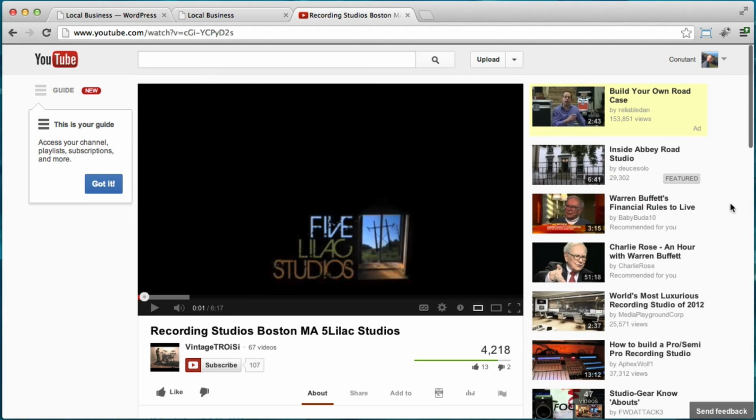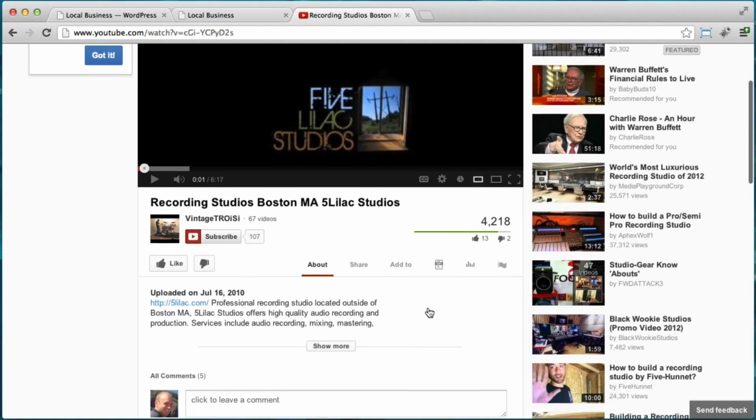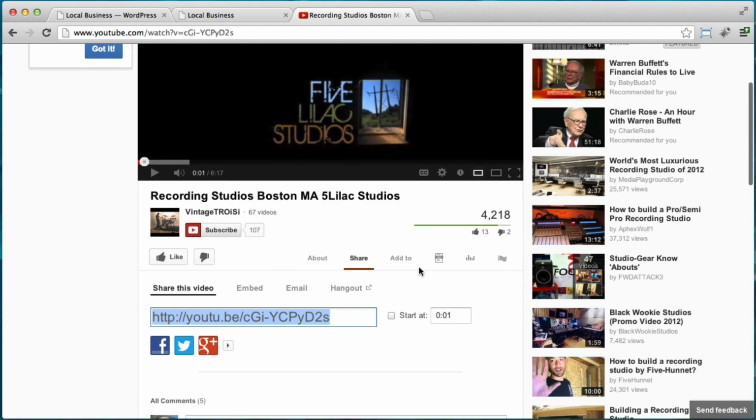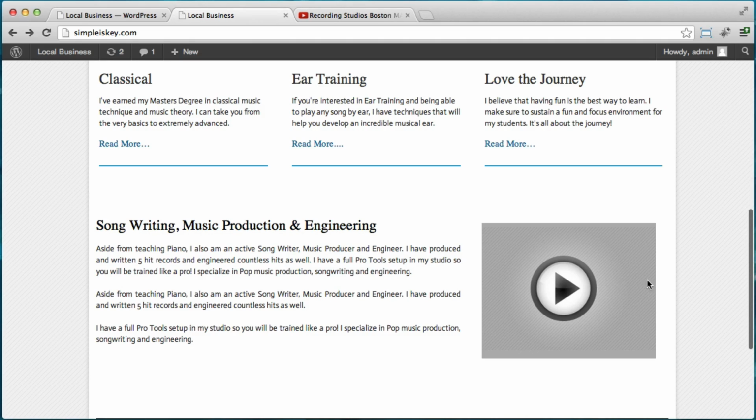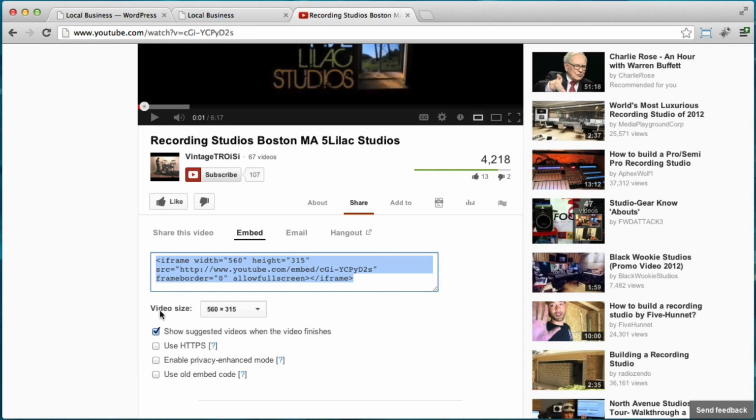What you do is you go to any YouTube video, then you click on the share button, and then you click on the embed button. And once you embed it, the width is actually different. So this width right here is about 305 wide. So under video size, we need to say custom size. And the width always goes first, and the height goes second. So we're just gonna put 305, and then we're gonna copy this code right here. See how it changed the 305 right there? So we're gonna copy this code,